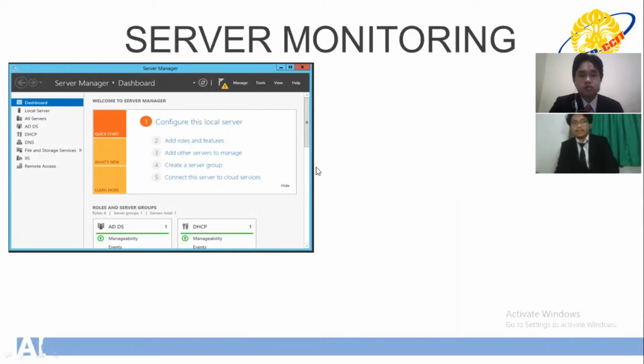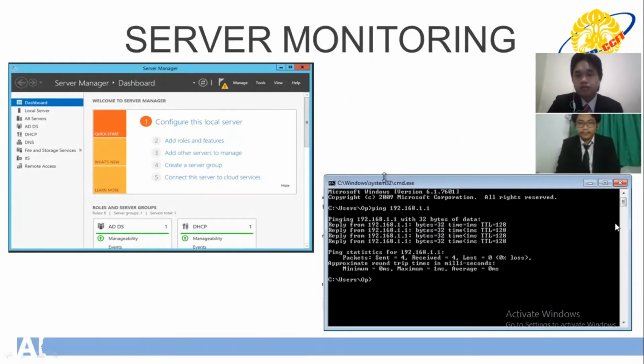And okay, the next is the ping, or we call it the connection between the server and the client with the host. Here we are pinging the IP of the host, 192.168.1.1, and we got the reply.